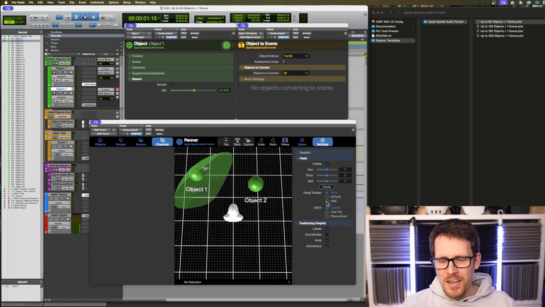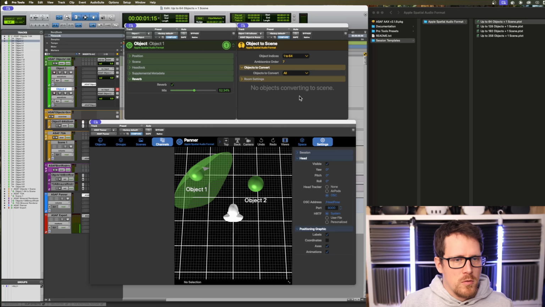You can connect any head tracker. For example, you could use AirPods Pro, or any AirPods with head tracking actually, or use OSC, which can be interesting if you are using any proprietary or open-format head tracker.